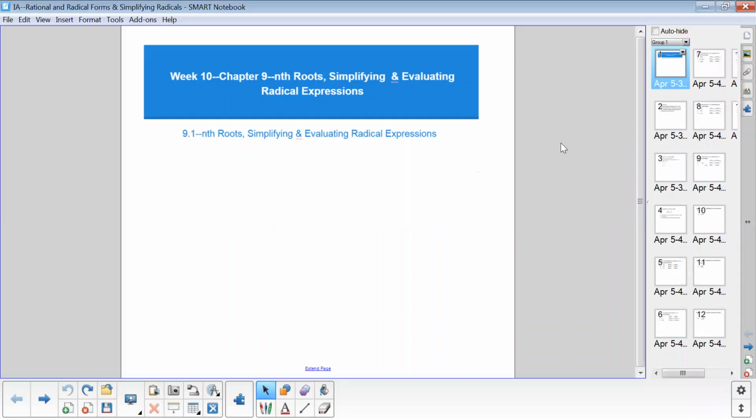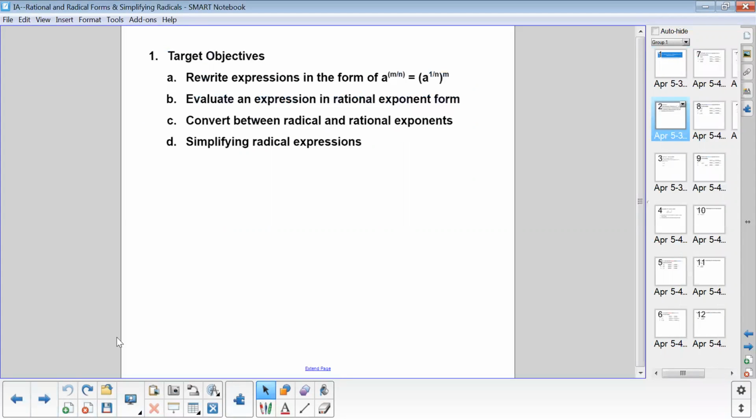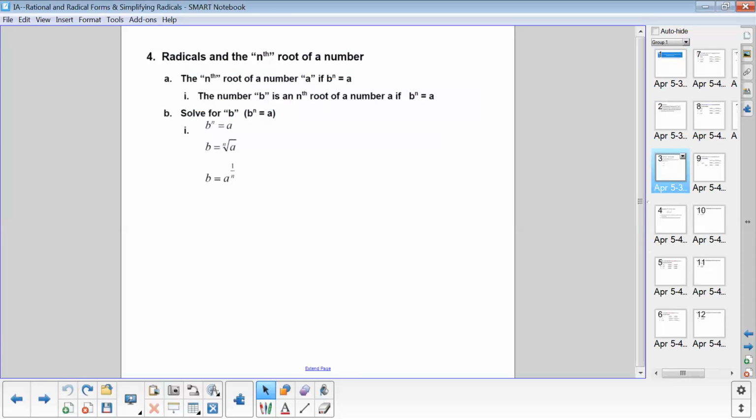In this video, we're going to look at how we can simplify radicals and how we can change from rational exponent form to radical form and be able to interchange at any time. So look at the conversion from both radical to rational and be able to simplify that. Simplify the radical expressions. So I want to look at this example,